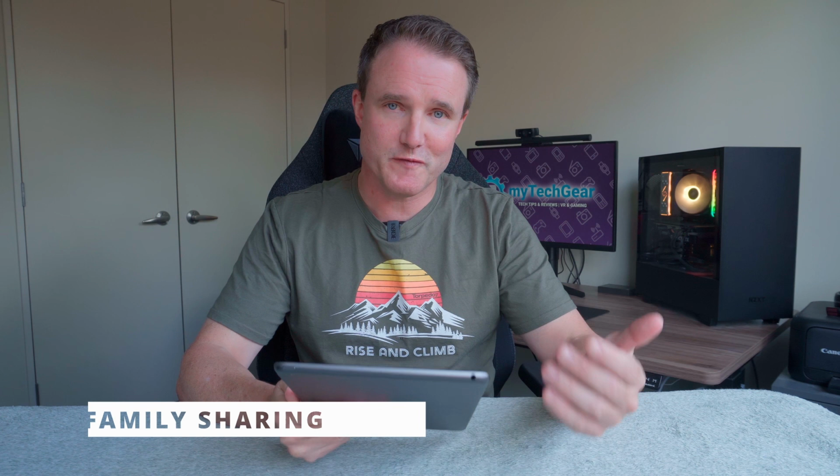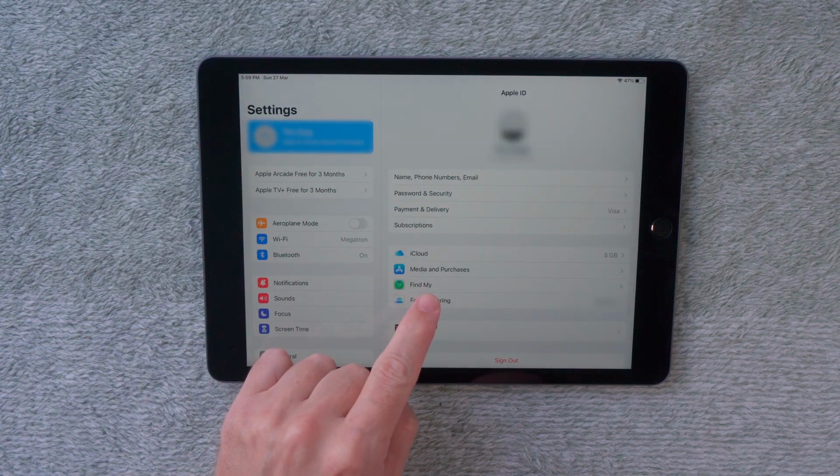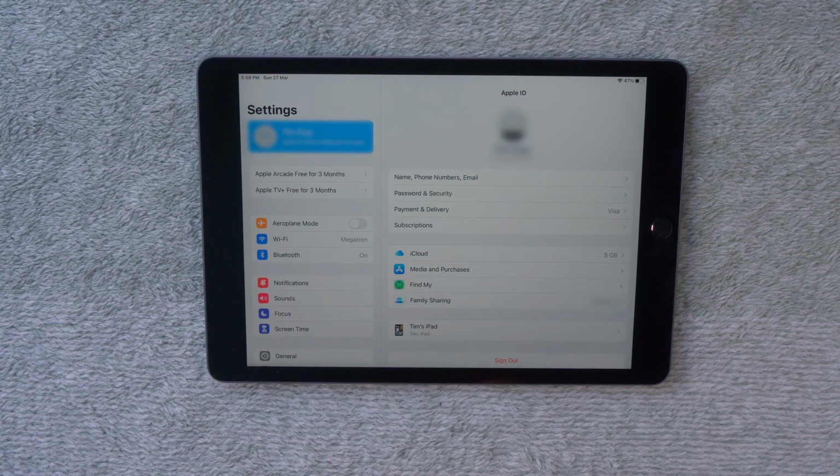Family sharing allows you to not only share your iCloud storage amongst your family, but it also allows you to share your app purchases as well. So if one person in your family purchases an app, then the whole family can use it. So to set that up, in the settings on your iPad, click on your name on the top left-hand side and then click on Set Up Family Sharing, and simply follow the easy steps to get that set up. And in no time at all, you will be sharing not only your cloud storage, but your purchases, your ebooks, your subscriptions, and certainly saving yourself some cash across the whole family.